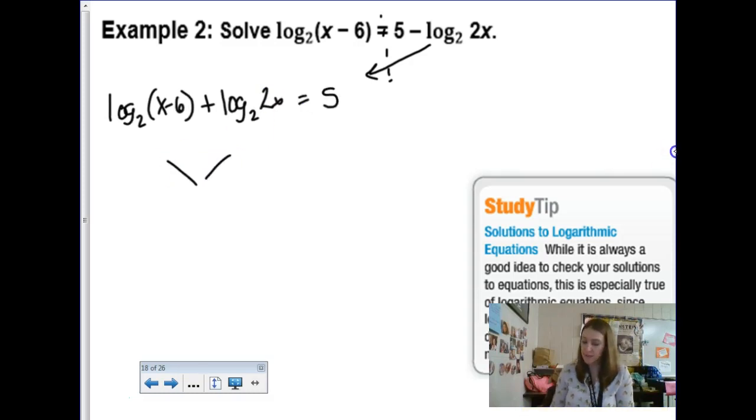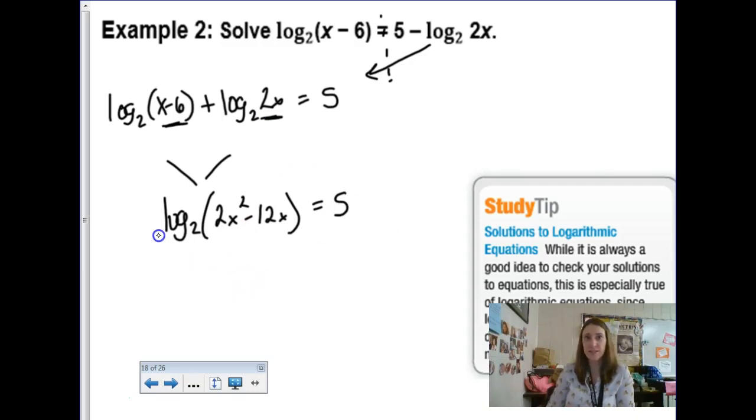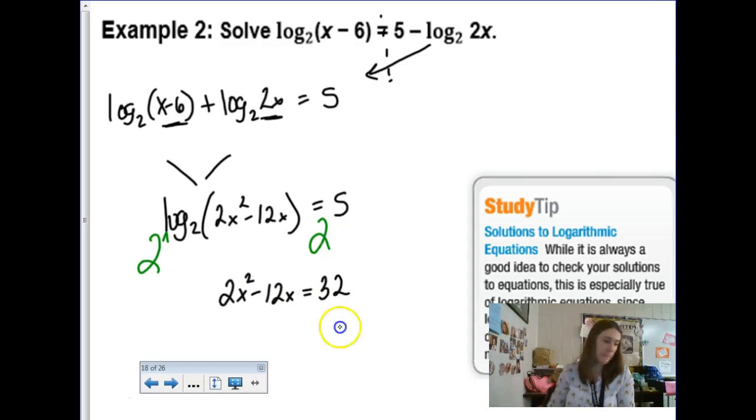And now I'm going to use my condensing formulas and bring that together as one logarithm. So log base 2 of, remember we multiply these together, so it's 2x squared minus 12x. That's what happens when I multiply this times this, equals 5. And then again, if I want to undo a logarithm, I could exponentiate with that same base. So I'm going to take a 2, I'm going to shove it under this side of the equation, and also over here. So this becomes 2x squared minus 12x. 2 to the 5th power is 32. Then I have a lovely quadratic,